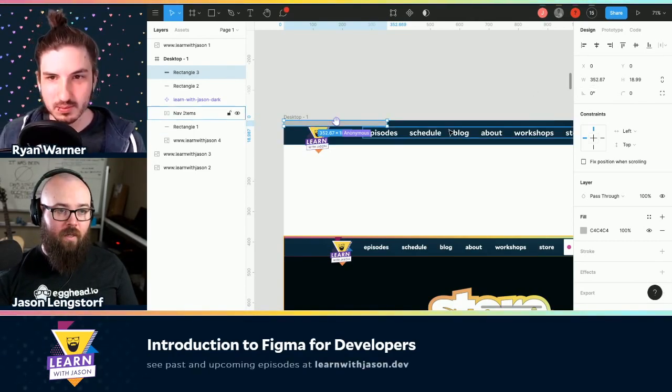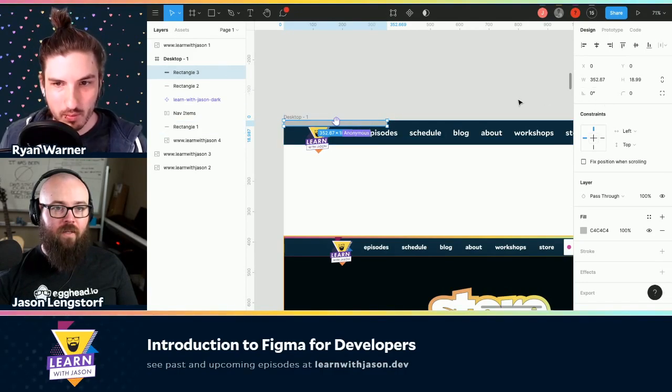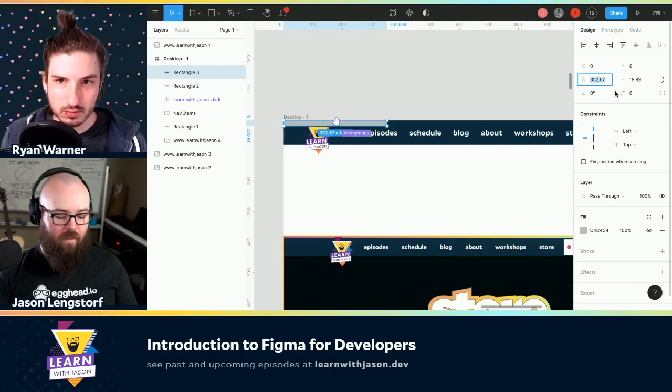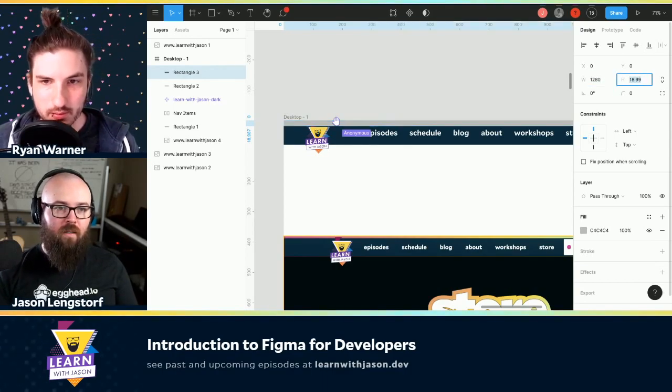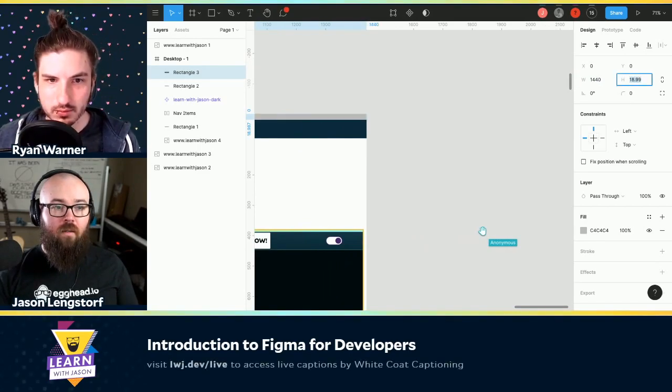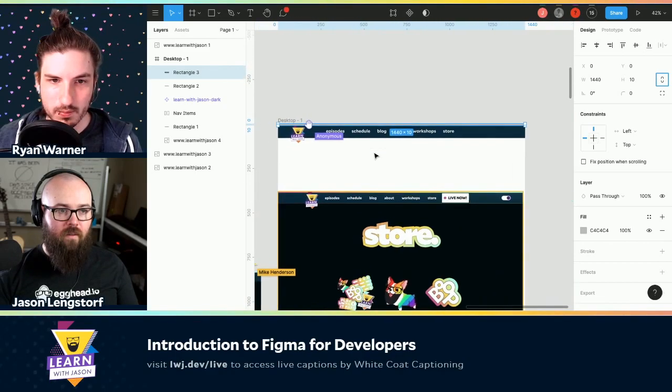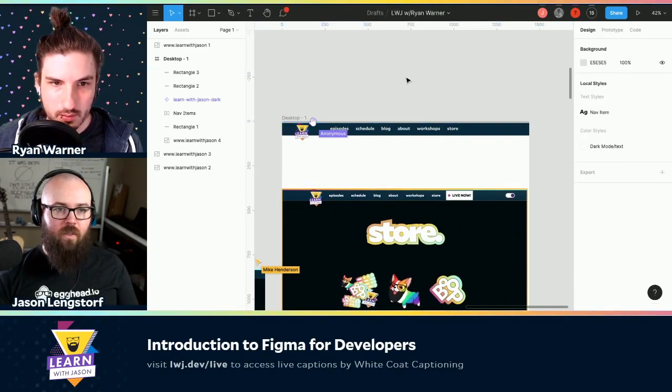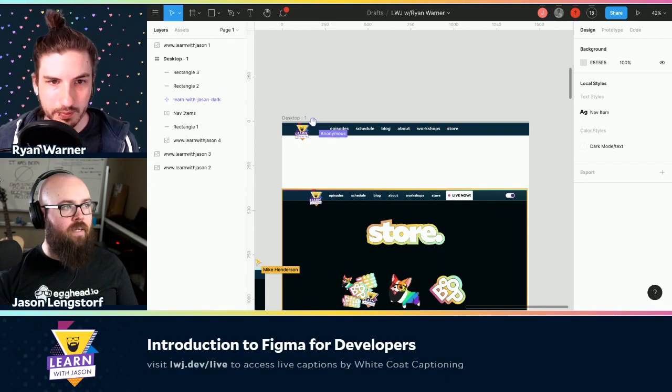All right, so I drew a rectangle, and I don't really want to do this by eyeball, so I'm going to do it with this command thing over here. So what was it, 1280? I think it's 1440. 1440. All right, and then let's make it 10 pixels tall. Okay, that seems about right. It's close enough. Close enough for horseshoes and hand grenades, right?